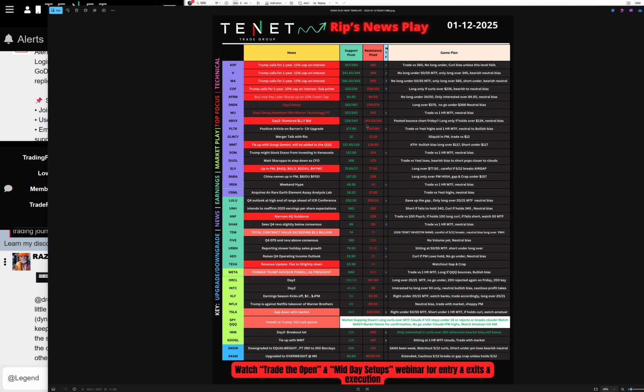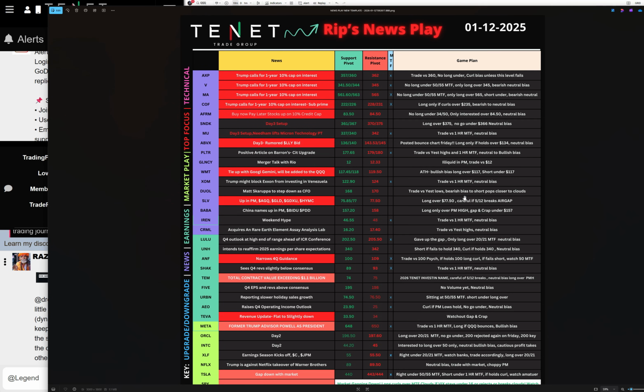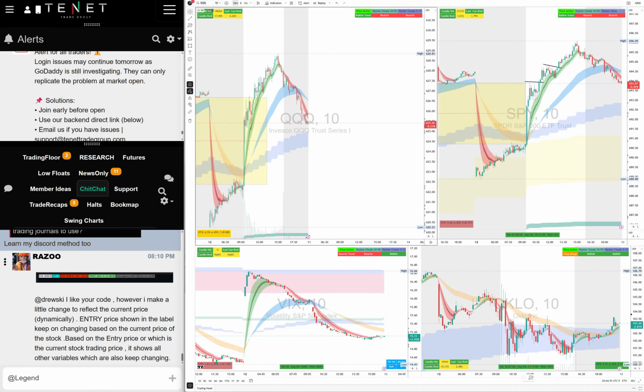So what is the system? System is how you trade. Setup is what you trade. So these are our setups. We create a support level, resistance level, and I created this live game plan in the pre-market, not on the voice but on the live screen. What is an initial plan? So what we want to trade. The bias can always change, but we do have an initial plan. I do highlight anything that's in red as our top focus play.